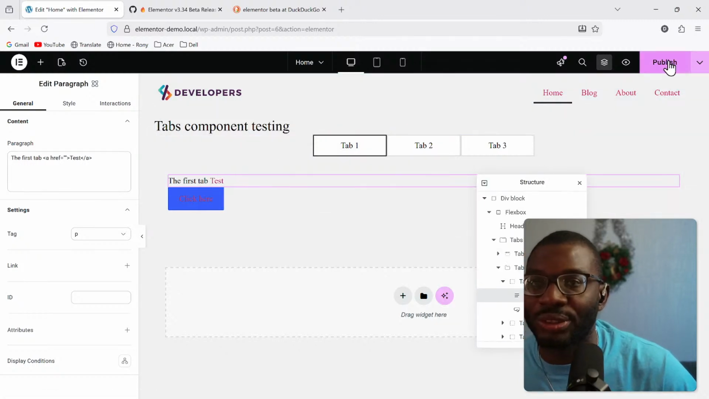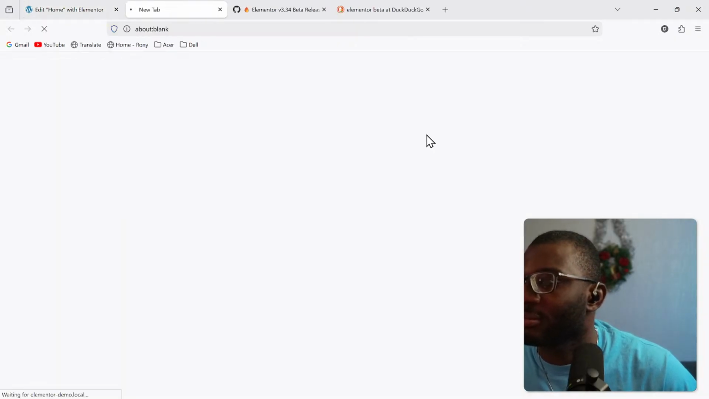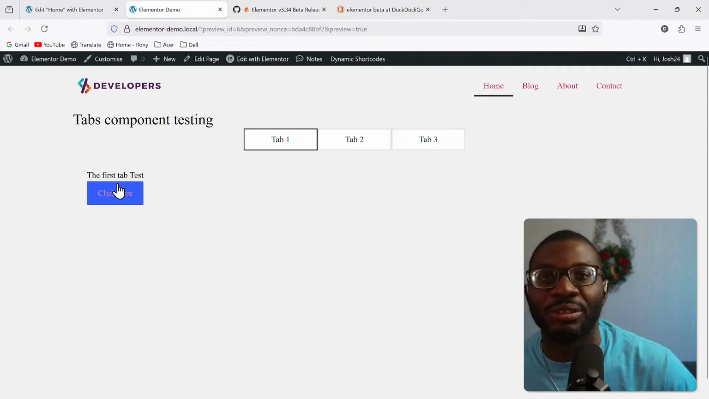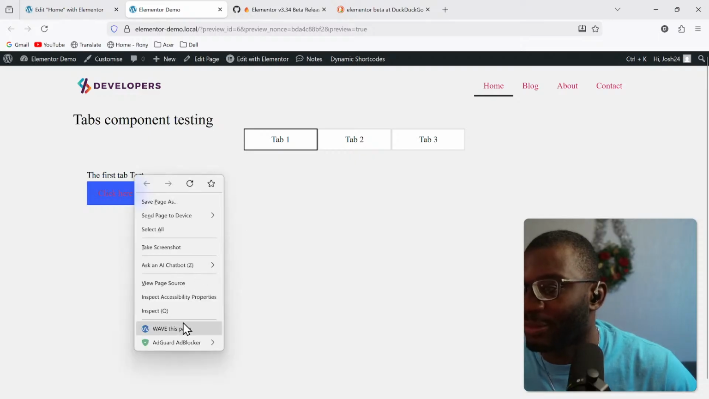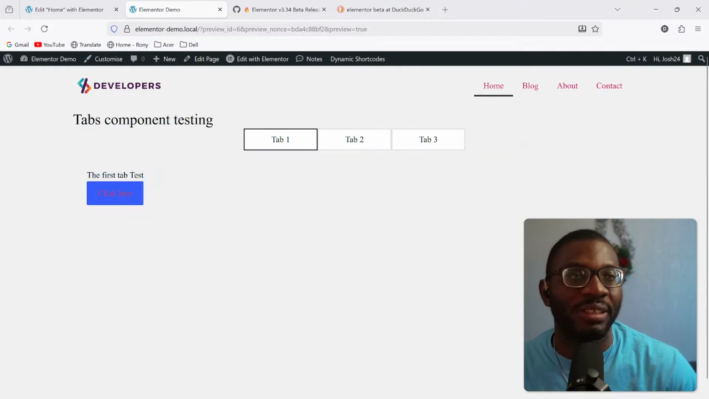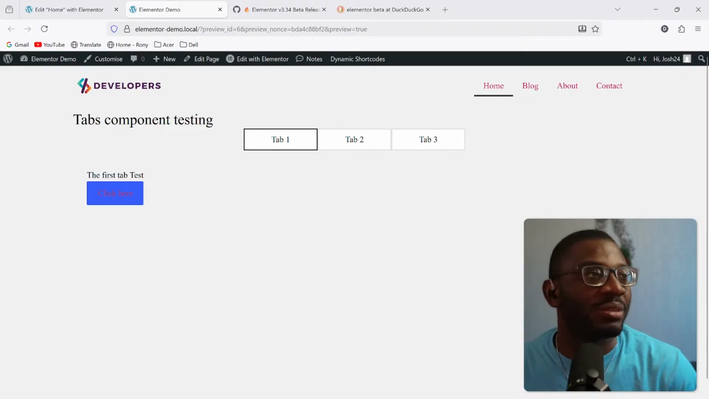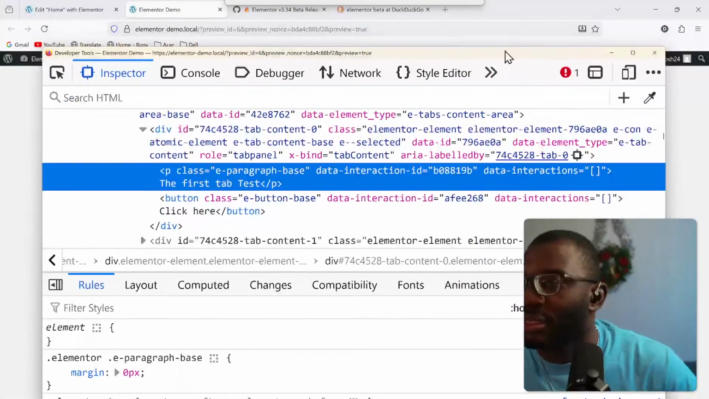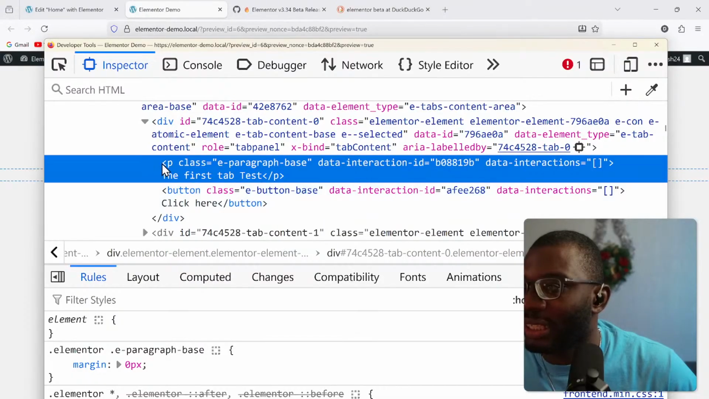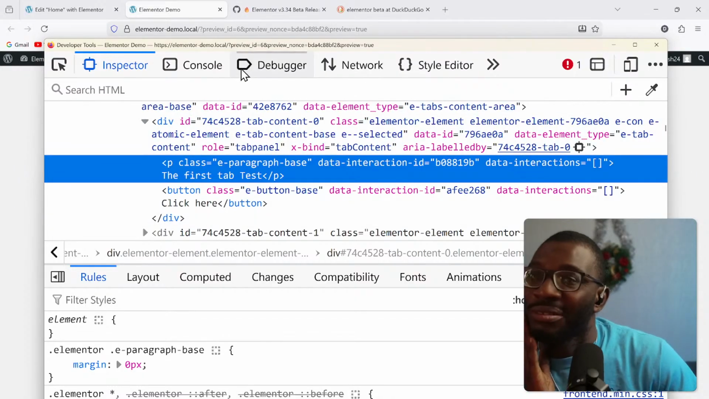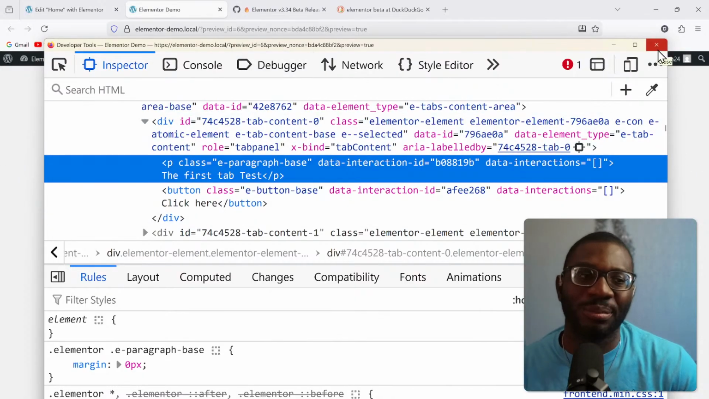So yeah, it shows that it's a link in the editor, but when we go to the front end, Elementor will do their sanitization or whatever it's called, and basically strip out any kind of HTML tag that you put in the P element. And basically, if you look at the content, it's just going to say this, the first tab test, without the A tag. It's going to strip out that A tag from the element, which I can understand on the one hand, but on the other hand,